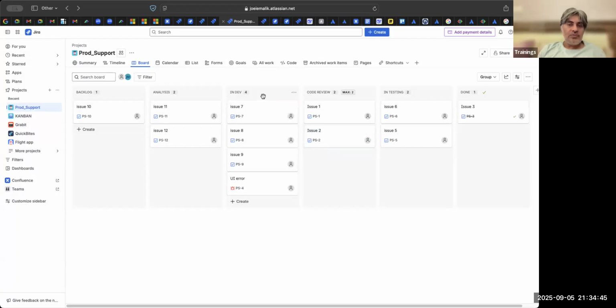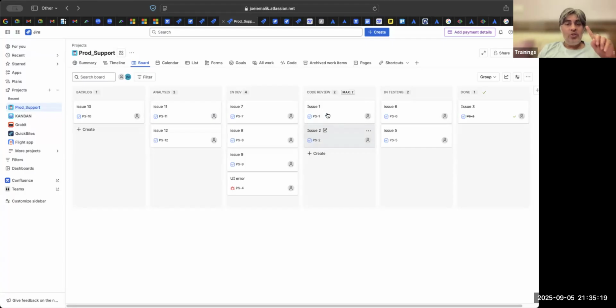Even for dev, now this guy is doing code review. At the most, he can handle 2 code reviews. This is Kiran. Kiran can handle 2 code reviews. But the general rule of thumb in the industry is that you can handle 3 tickets. It could be 2, it could be 3. It can never be 5 or 6. 5 or 6 is too much. So you first try with 3 and see if it is working. If it is not working, then we can change around it.